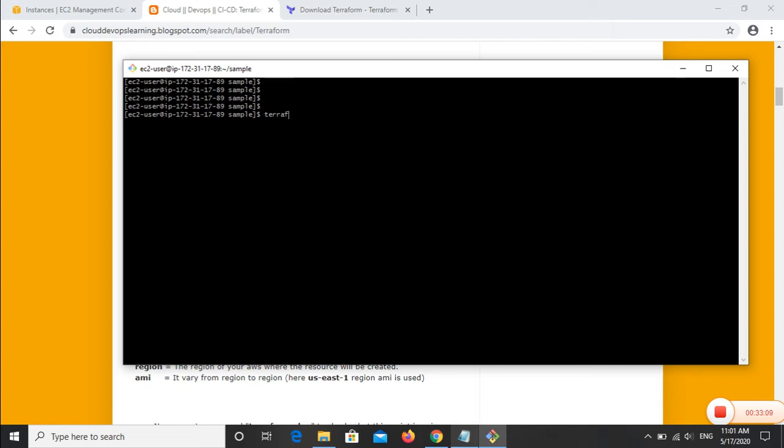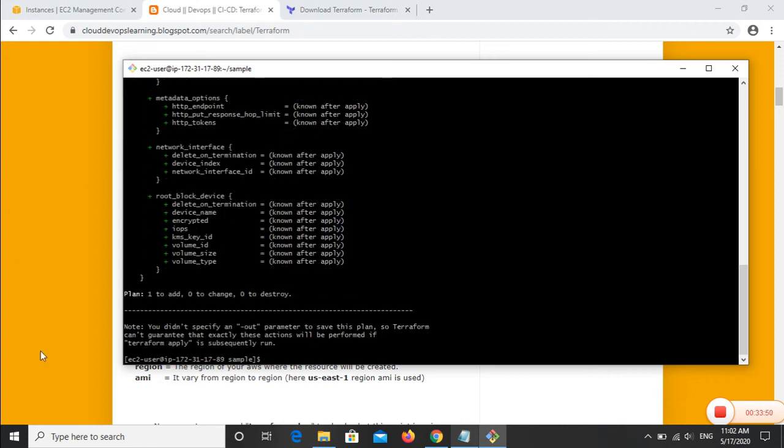We will provide the next command, which is terraform plan. So what is terraform plan? Terraform plan provides us the information about what specific resources are going to be created when we apply our code. Whatever code we have written in our main.tf file, terraform plan will suggest what specific resources are going to be created, deleted, or modified. So we will quickly run terraform plan and let's see the output.